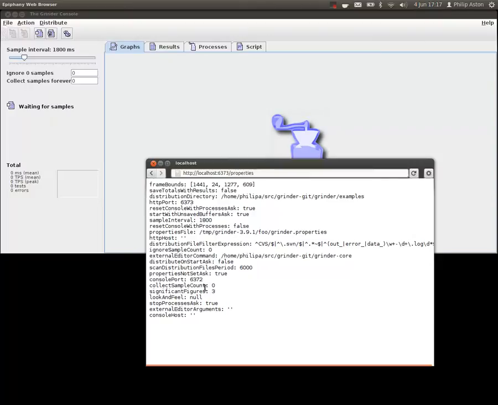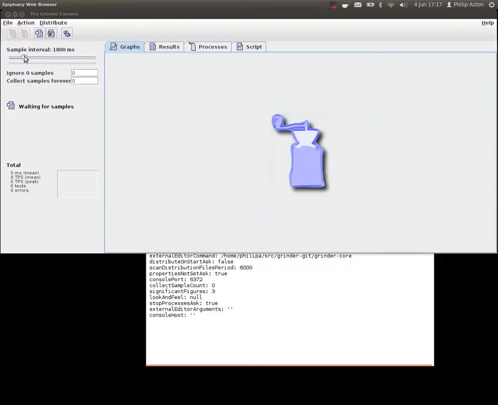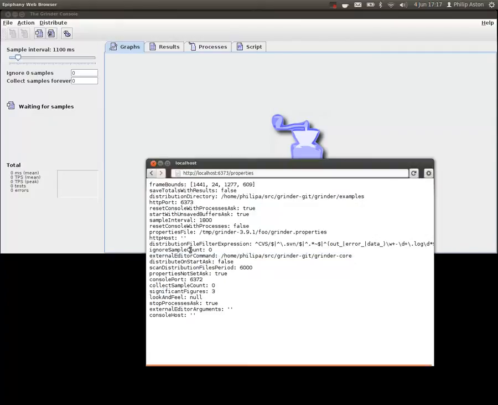I'll see various settings there. And if I change the settings here, so let's set the sample interval to something a little smaller, and refresh, then the sample interval changed. Good. So this is all well and good, but currently with a browser all you can do is get data from the console, and we're going to want to also modify the data and to send actions to the console